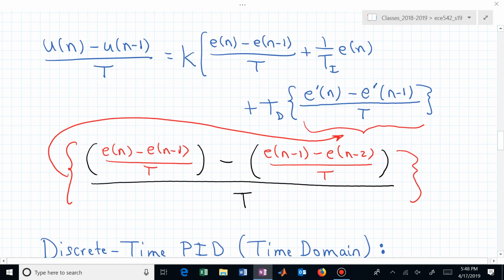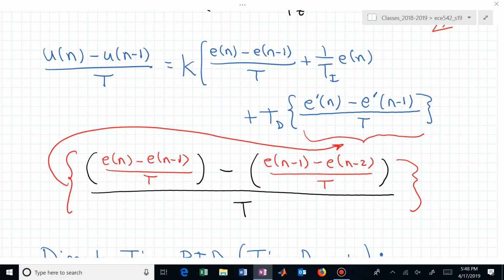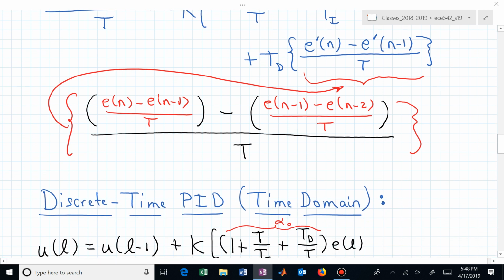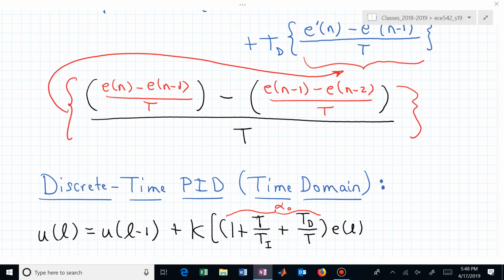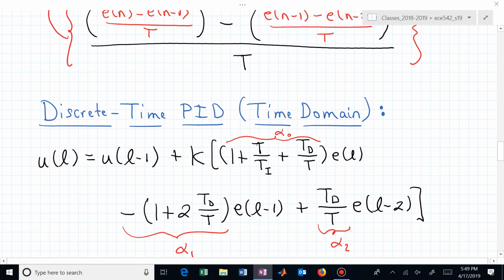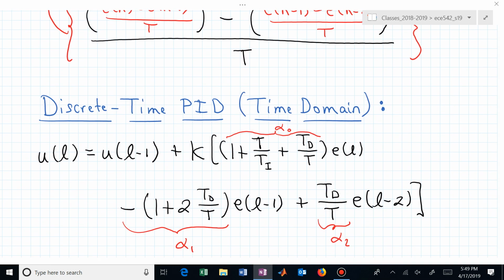if you look at all of these terms that involve E at time n, you will see that you end up with 3 different pieces for one coefficient that weights the error at the present time. And I'm just going to call that alpha of 0. And I haven't shown you all of the other error pieces. They have likewise similar properties, but the error 2 time samples in the past is only appearing really once in that upper expression, and that gives us a T sub d over T.